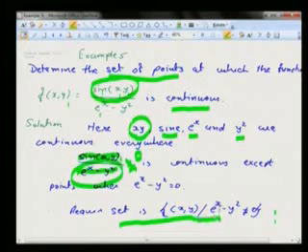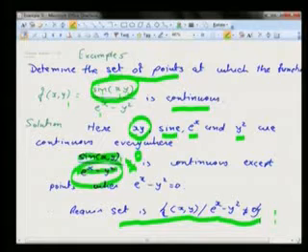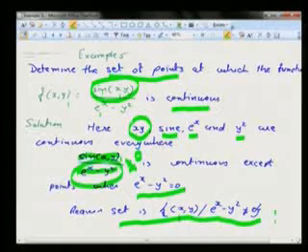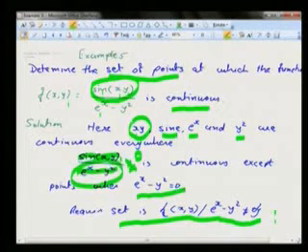the ordered pairs (x, y) such that e raised to power x minus e raised to power y is not equal to 0. So this function is continuous except at the points where e raised to power x minus e raised to power y is equal to 0. So the set of all points where the function is continuous is (x, y) such that e raised to power x minus e raised to power y is not equal to 0. Right?